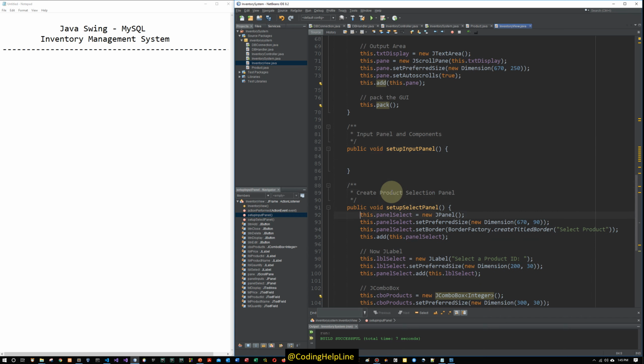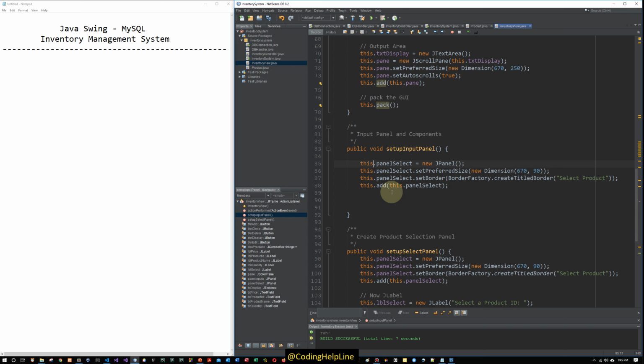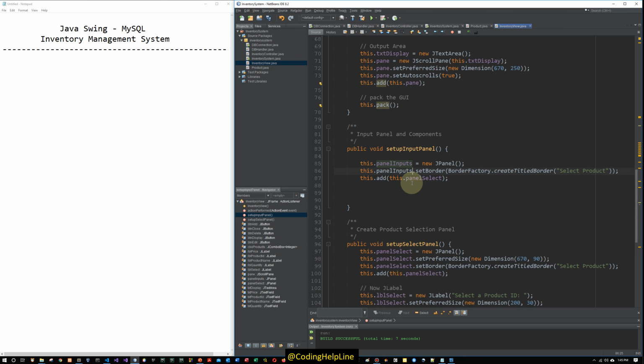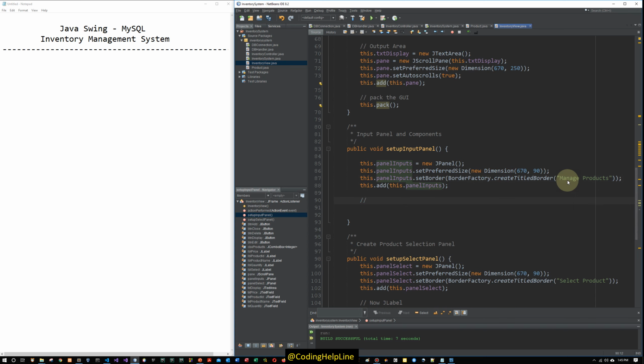We can copy this to speed up and change the panel name. Panel inputs, same size, we just change the variable name. And here, manage products. Now create the components